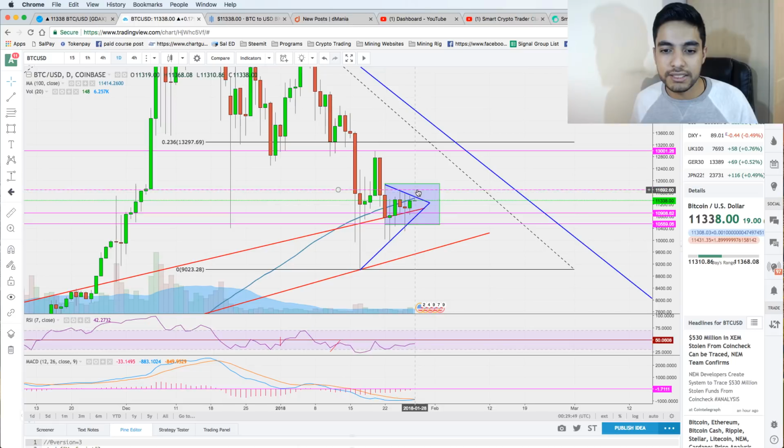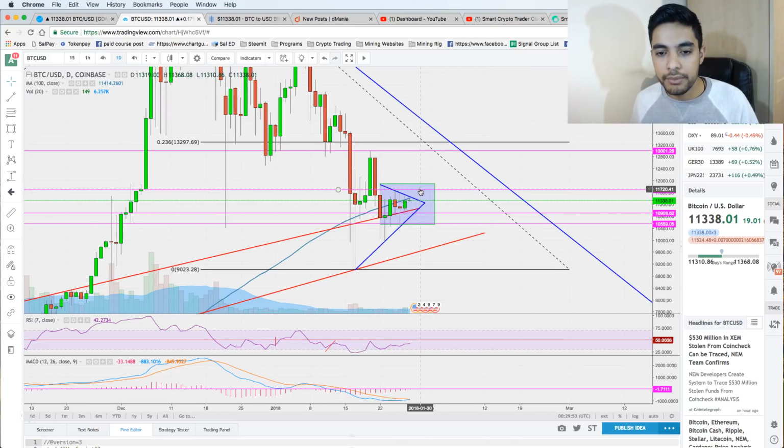The best time will be, as I said, 11,700 is a good time to buy, because after this break, of course, we're going to see a resistance around 12,000 and see what's going to happen. We need to close above as well. You can't just expect wicks to go up and that's it. We can't count these wicks here. I want to see a daily candle close above that,